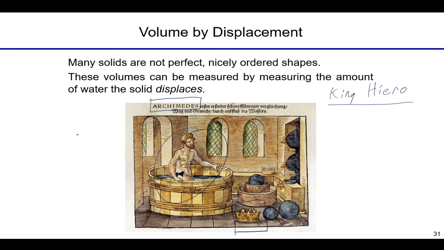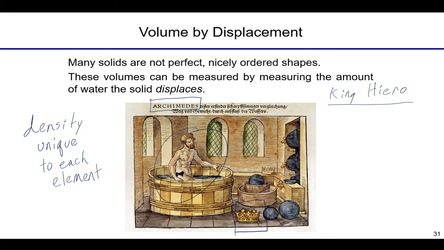Now, Archimedes knew that something specific to each element is its density. Gold, silver, you can have a 1 kilogram thing of silver, 1 kilogram thing of gold, doesn't matter. You can have a 1 liter volume of gold, a 1 liter volume of silver, doesn't matter. But something specific to the element is its density. The density is unique to each element. So the density of gold is different than the density of silver.